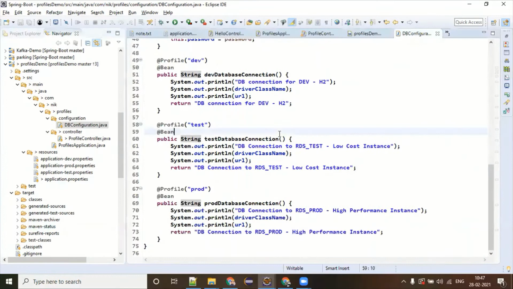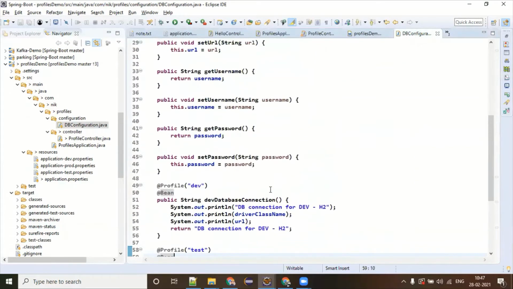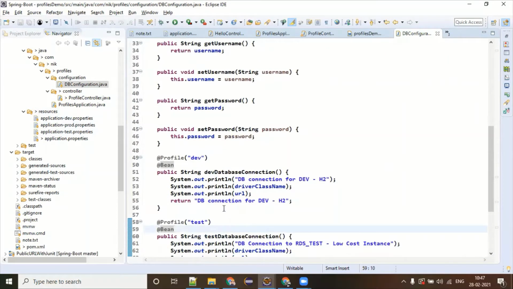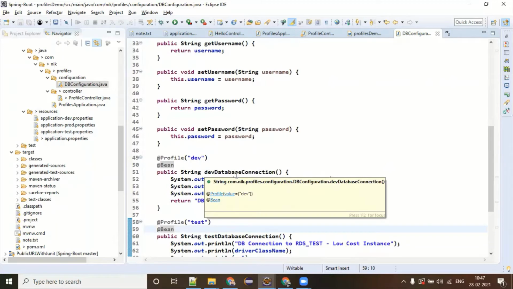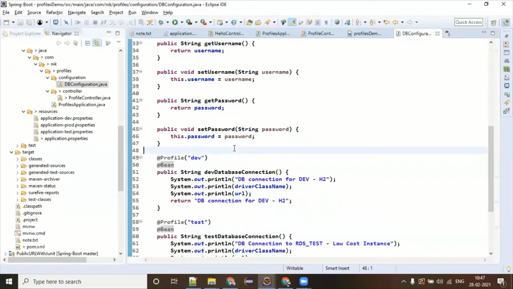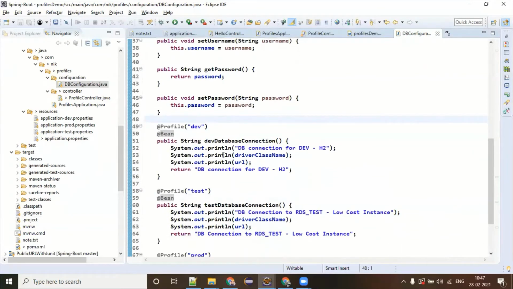Okay, I will be checking it out. But one more thing you just need to notice is that one way is to do some set of configuration here. But let's say you have another way where you want to create a bean specific to your environment. There is another annotation called @Profile also. So let's say this bean you want to create for the environment called development. This is the way you can do it.